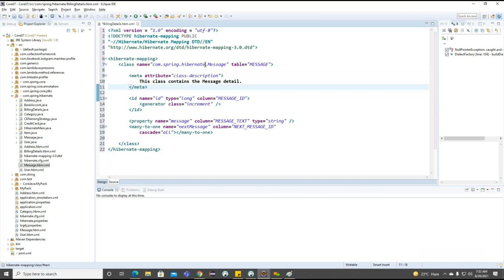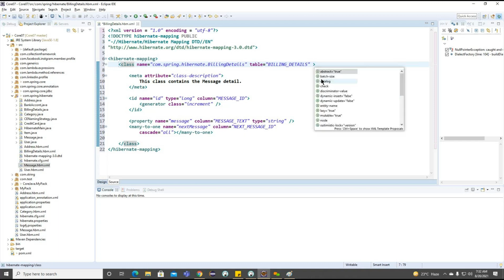Now what we can do, the table name here we are going to create as BillingDetails.